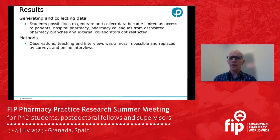On this slide, I present the results from challenges and limitations experienced due to the COVID-19 pandemic. So, for generating and collecting data, students' possibility to generate and collect data became limited, and access to patients, hospital pharmacy, and pharmacy colleagues from associated pharmacy branches and external collaborators got restricted. This also meant that for the methods, observations, teaching, and interviews were almost impossible and replaced by surveys and online